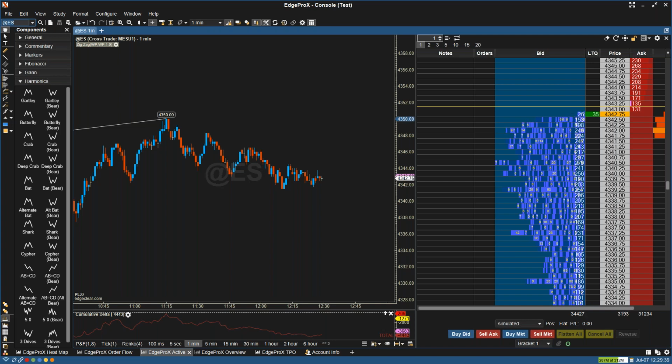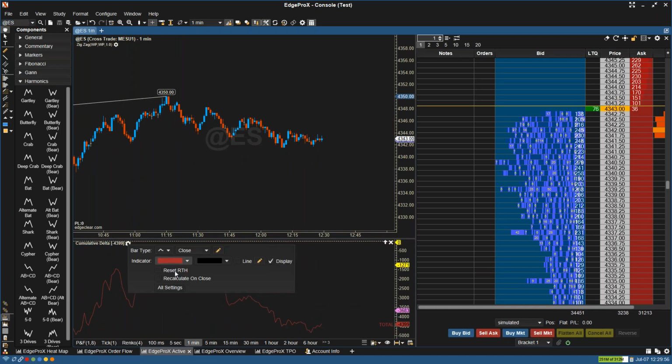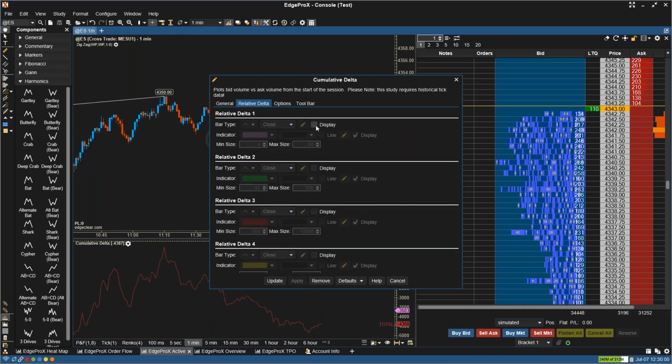Sure. Yes. Yeah. I will send. You should have the ability to have the cumulative delta study, if the person had asked. So if you're looking at the screen now, what I can do is you can just copy down these settings here. These are the settings that I like to use for my specific